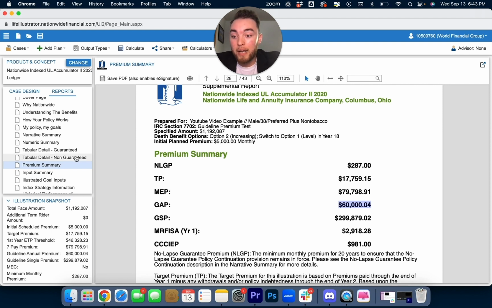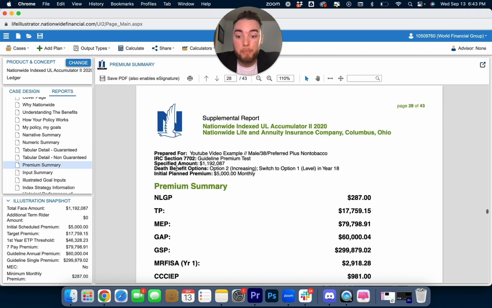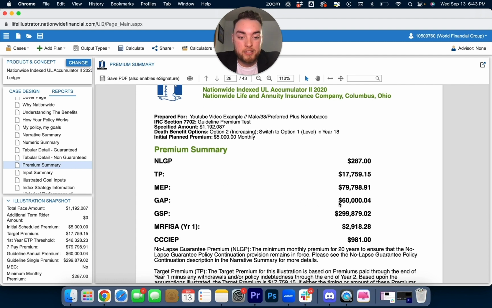Well, if we look back at what we're contributing per year, we're putting in $60,000. So that means you're max funding the policy. The maximum amount of money you are able to put into this policy is $60,000, and you're putting in $60,000, right? So that means it's max funded. It's easy. That's how easy it is. But keep in mind, guys,